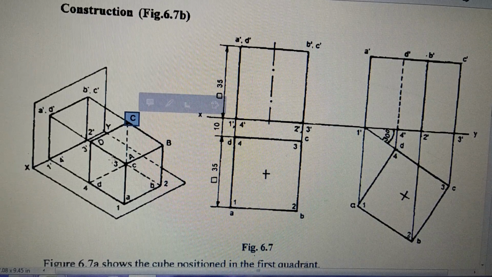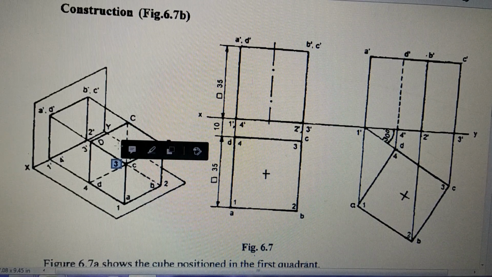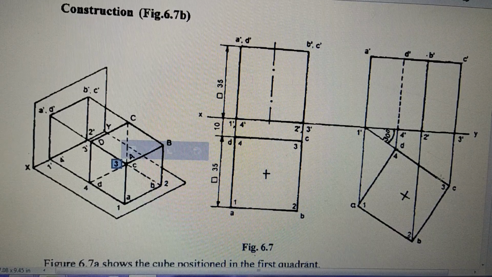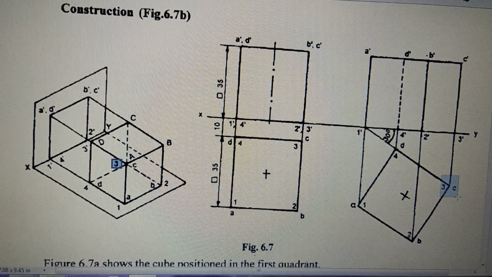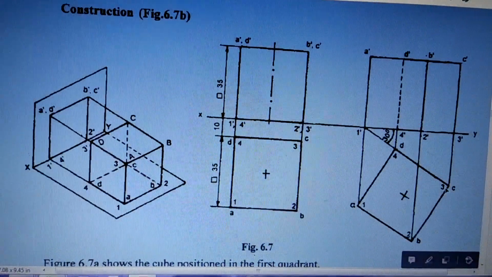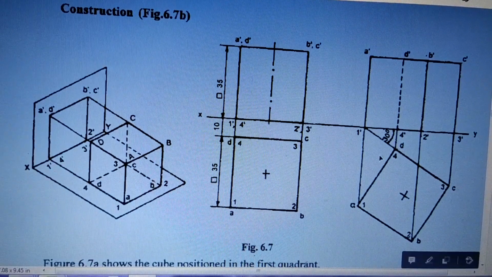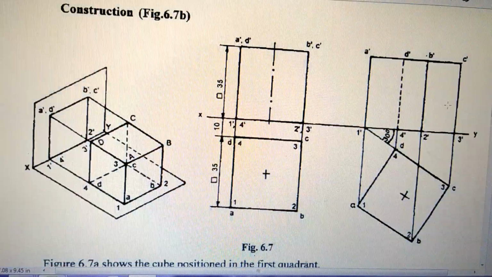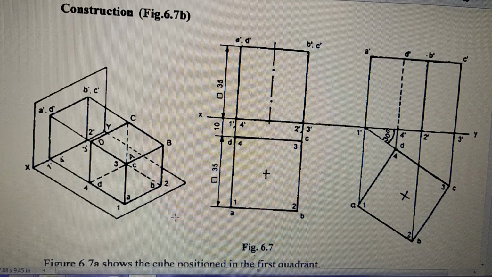And 3 here down. So C and 3 are in a vertical line, one line. So you can see here C and 3 are drawn like this. Where are they? They are drawn here. So like that all the 4 corners are drawn. So when you draw the front view here, that time you can see 1.